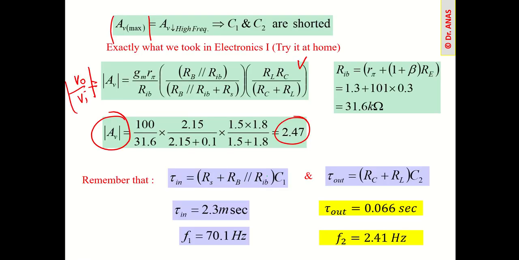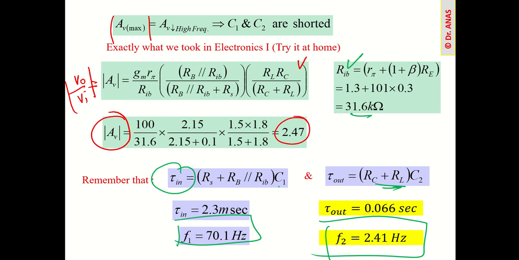Now if you look here, this is RIB value. If you plug in the numbers, this is the tau for the C1, this is the tau for the C2. If you plug in the numbers, these are the frequencies F1 and F2. So F1 is basically 70 Hertz and F2 is 2.4 Hertz. Okay, so if you plot them